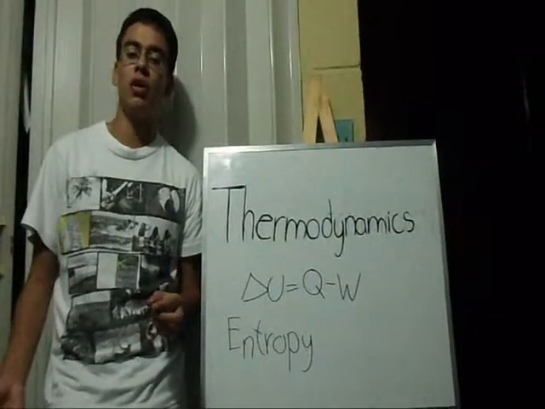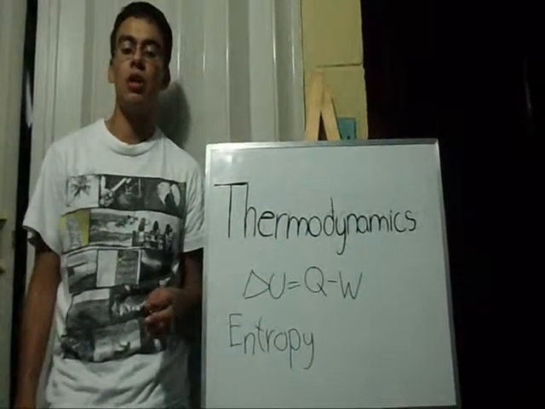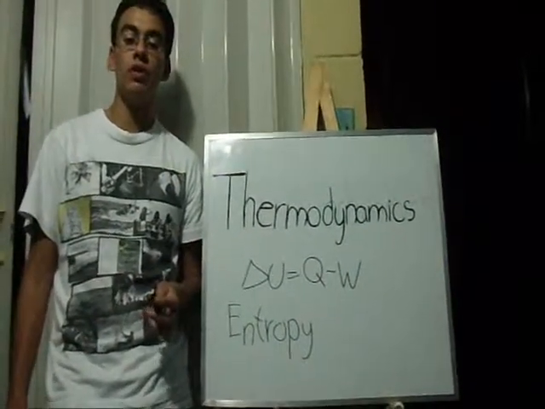Alternate definitions are that the entropy of all systems and all states of a system is smaller than at absolute zero. The absolute